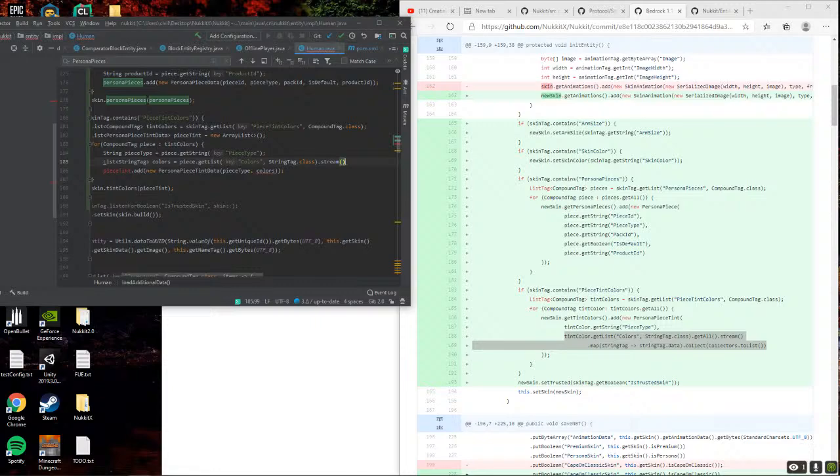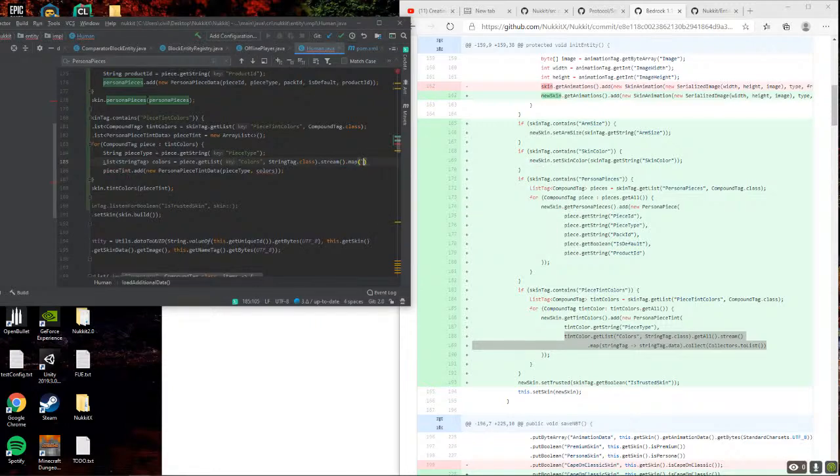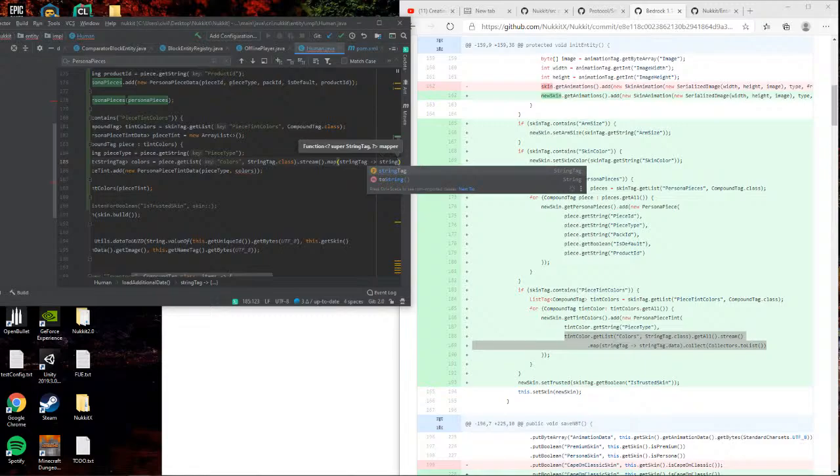Dot stream dot map where string tag to string tag dot data.